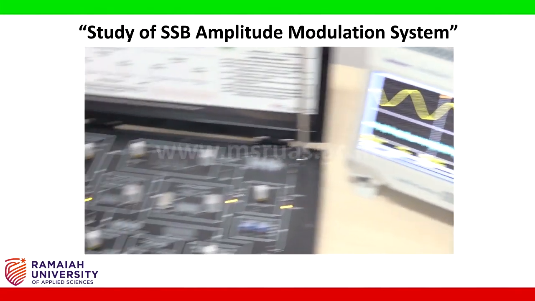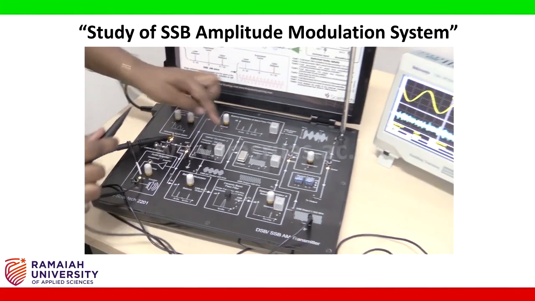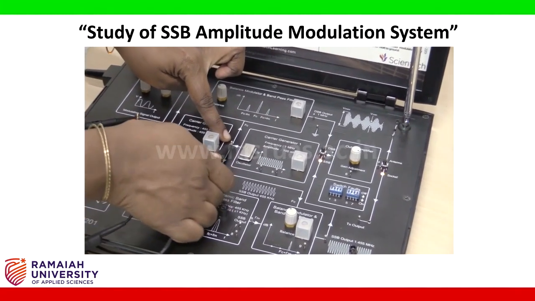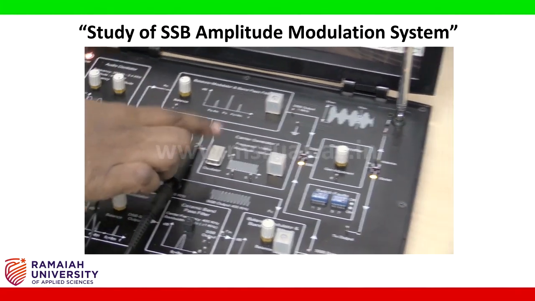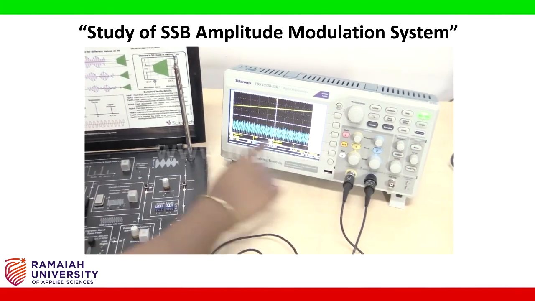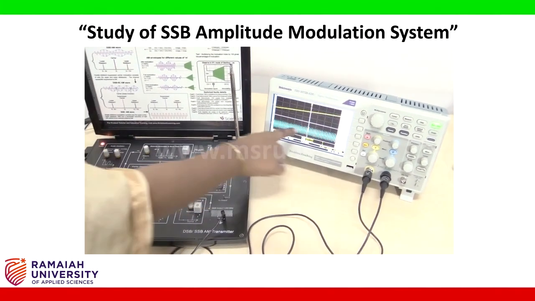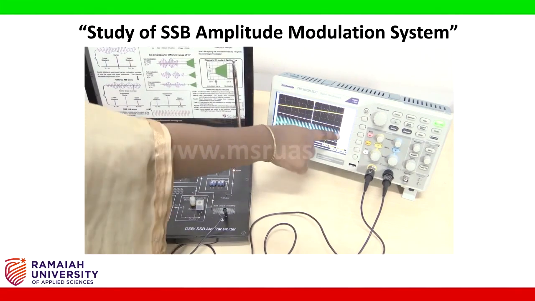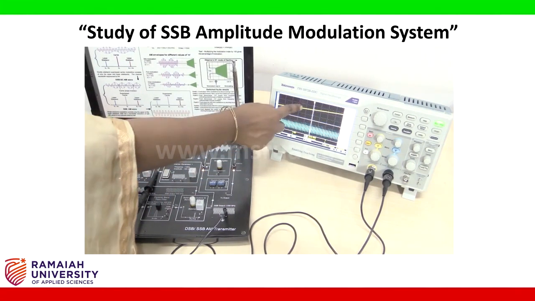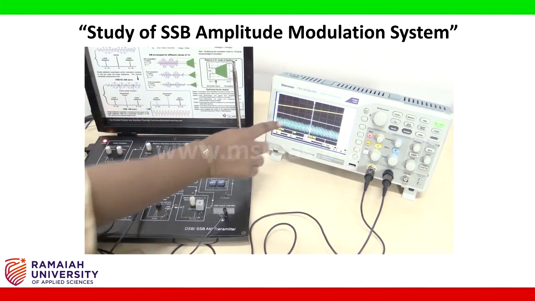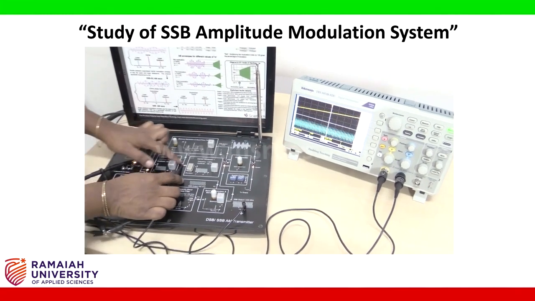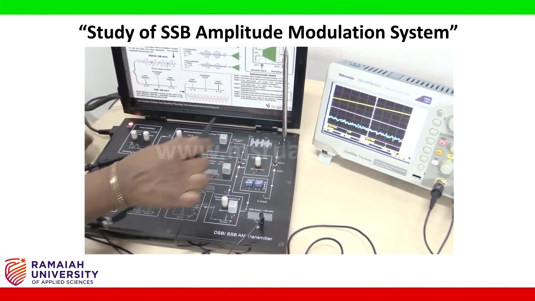Now let us check whether the carrier is generated. So this is the carrier generator. So it is available here. And now in the CRO, by changing the time scale, you can see that the carrier is generated. Carrier is very high frequency compared to message. So hence carrier and message, full sine wave of the message and full one cycle of carrier can't be observed in the same CRO.